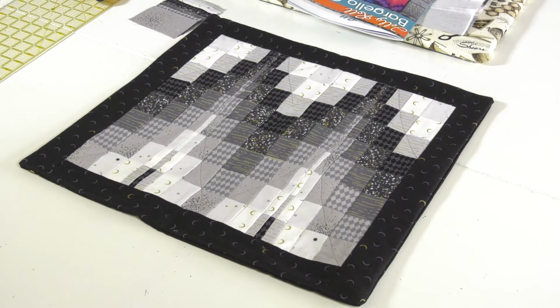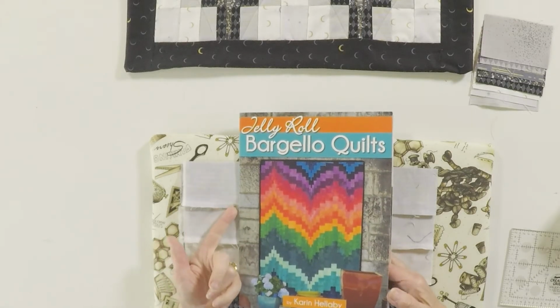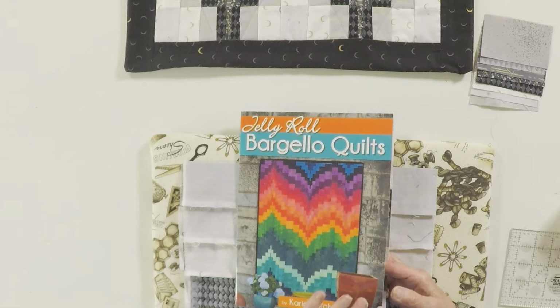Jelly rolls and Bargello. What a great combination. And Karen Hellaby has got this new book out which combines both of those. All of the quilts in the book are using jelly rolls. They come in various sizes. Now what I mean by that is the number of strips in the jelly roll, because all the strips are